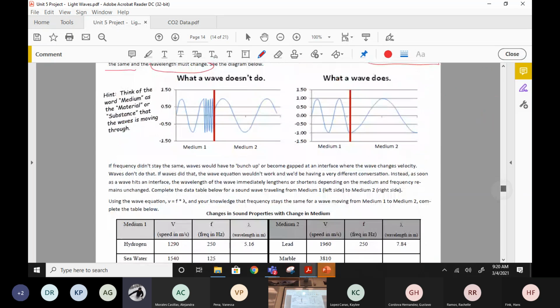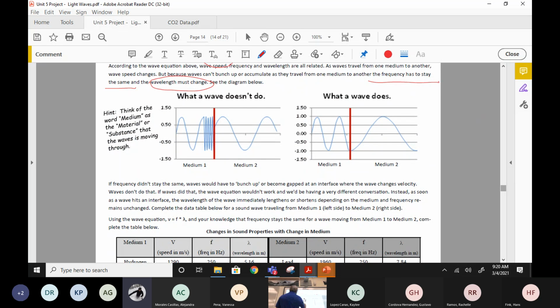So let's look at these diagrams. First of all, what a wave doesn't do. Notice, here's the wave moving along, and it hits this material, and crosses through it. But the wave does not bunch up at what we would call the interface, the boundary layer between the two. What's the interface between, oh, let's look at this new poster I put up. My wife took this in Thailand when we went there one time. What's the interface between this pond and the atmosphere? Just the surface of the pond is the interface, the top of the pond. Okay?